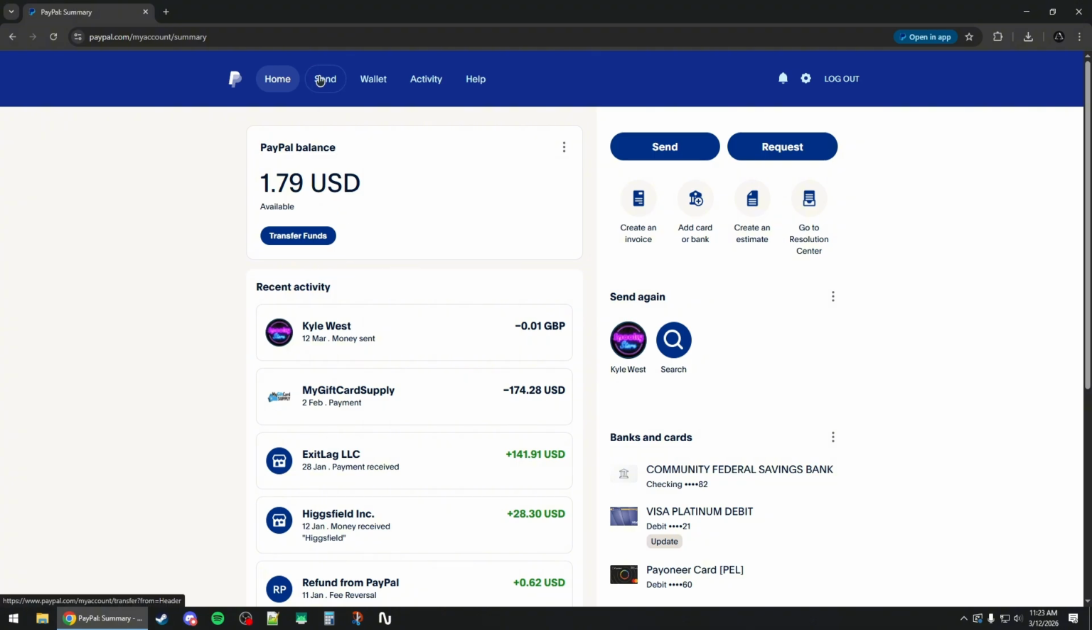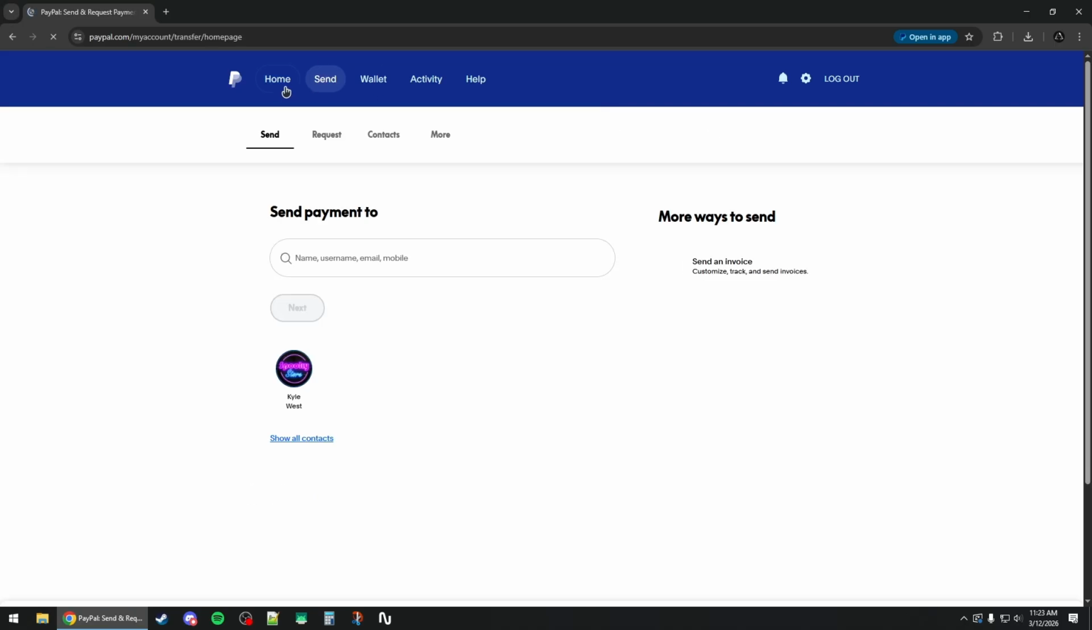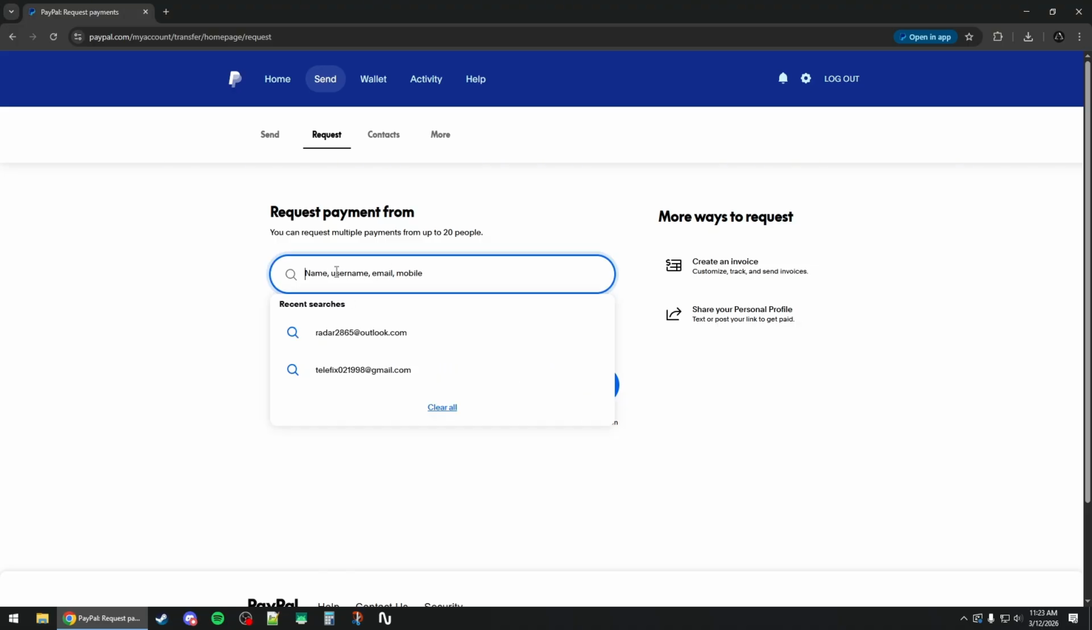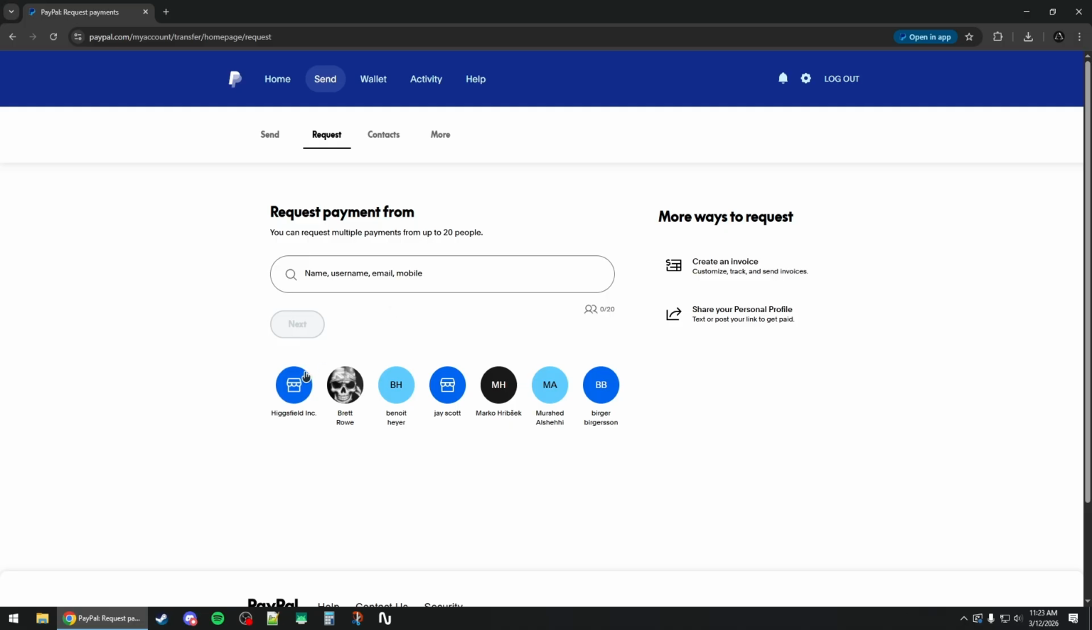The second way is to send a payment request. You can click on send on the top here, and this should open up the send page and then switch to request. Now you will need to enter the email address of whoever is trying to pay you. So you can search for name, username, email, or mobile phone number, or you can pick from existing ones here